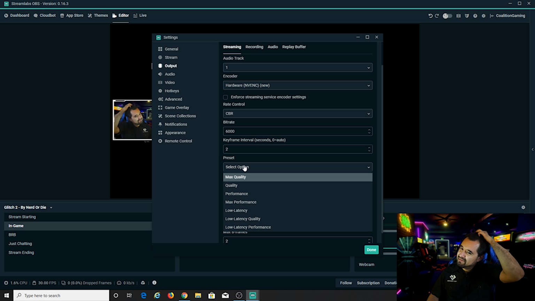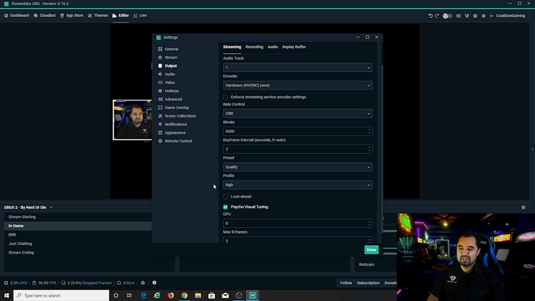Otherwise, if you have anything older than a Turing card, we're talking 600 series, 700 series, 900 series, and the 1000 series, you want to use quality. Quality is basically the same as old school NVENC 2-pass encoding. Rather, that's what max quality is. 2-pass encoding will dip into GPU resources on anything 600 series to 1000 series, where quality won't, at least not so much. So it'll still look decent as well.